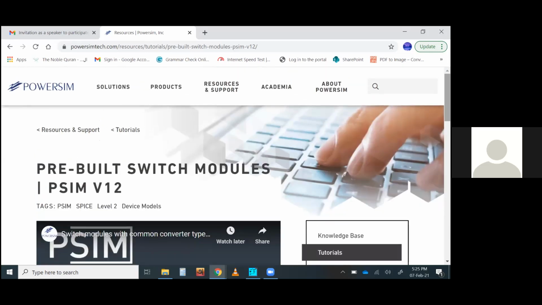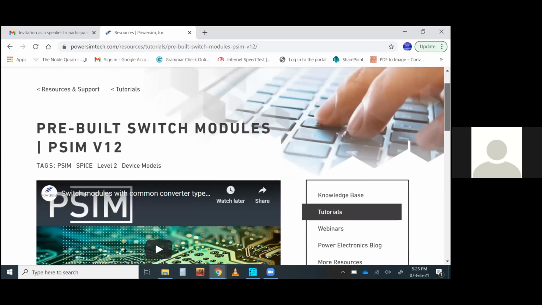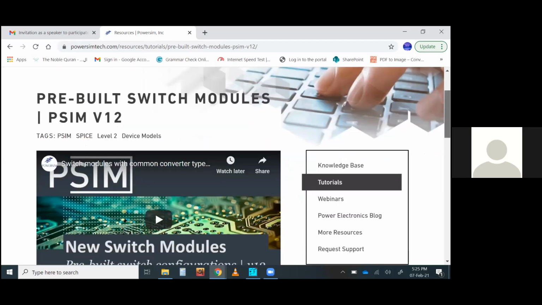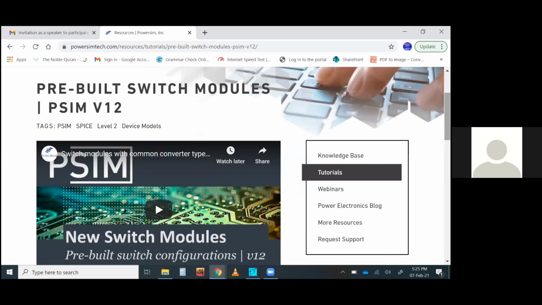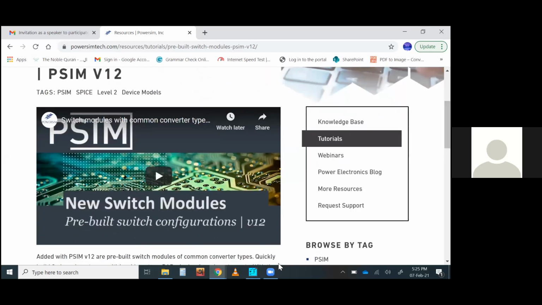But the software I'm going to show you today is not the student trial version. Actually, it is a very old version, but the professional version. So all the options are available here, though not the latest modules available in the latest model of the PCM. But anyway, that would suffice for our simulation. And if you feel interested in using that software, I can give you a link from where you can download it. Let's go back to the main software.